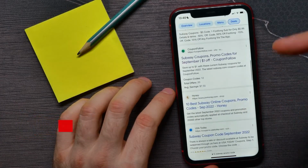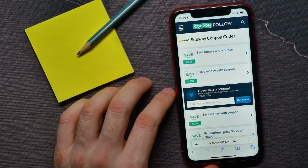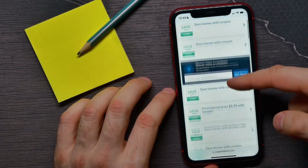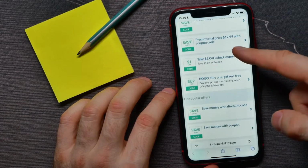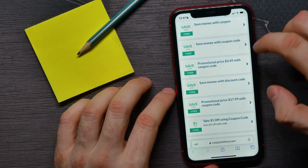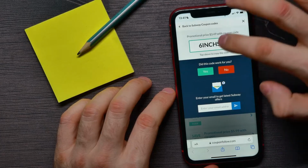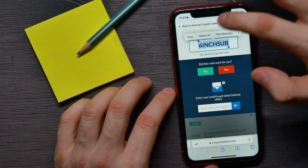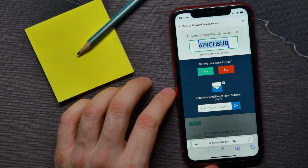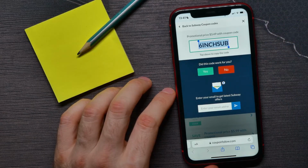It moves you to a web page where you can find a lot of different websites that contain promo codes. You can open up any of those websites, and here you can scroll down to see the list of promo codes. Just hit on one to see the promo code. You can double tap there and then copy it to the clipboard, and then you can move to the Subway website and